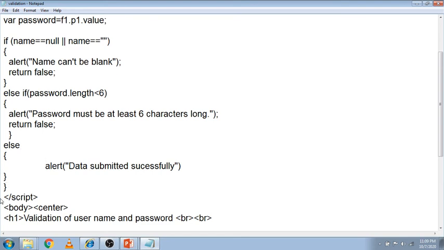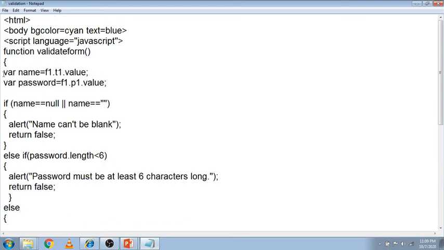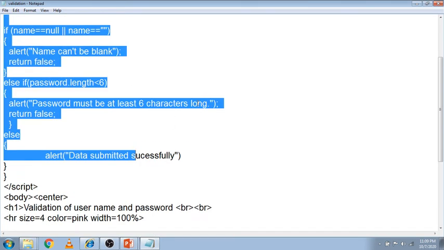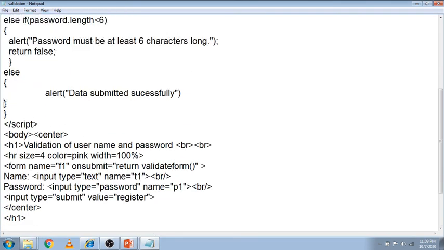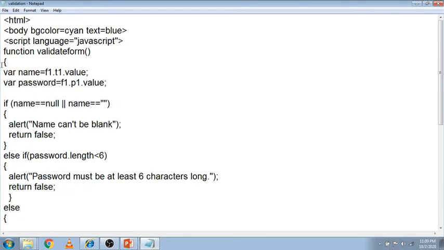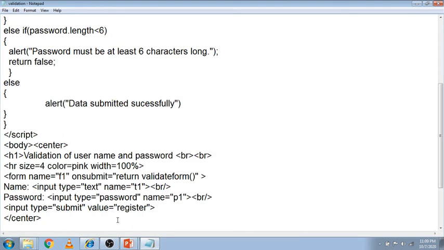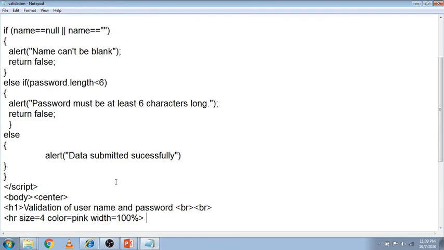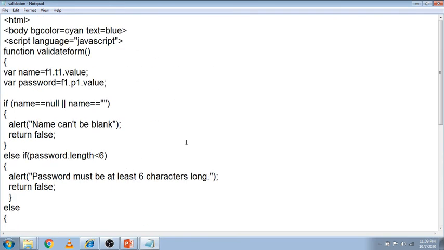So this is the validation code of the form fields name and password. Clear? Then this bracket is complete, this function bracket will get closed, then this is your designing part, then form close, body close, HTML close. Clear, this form validation.